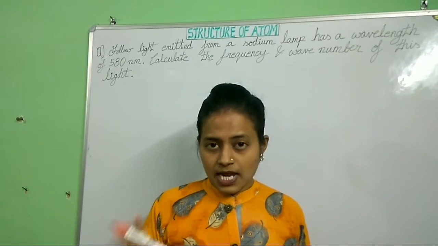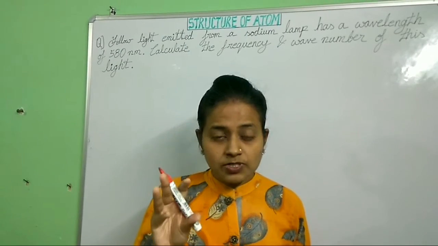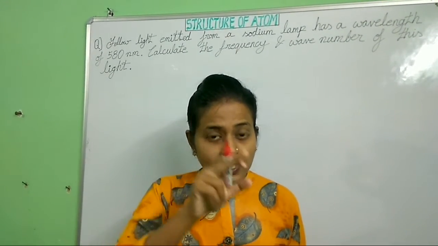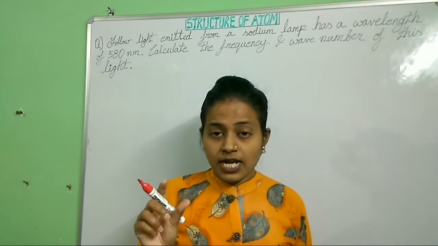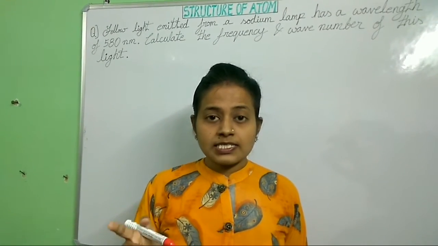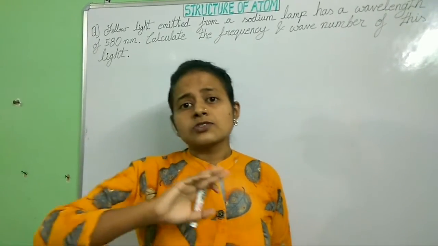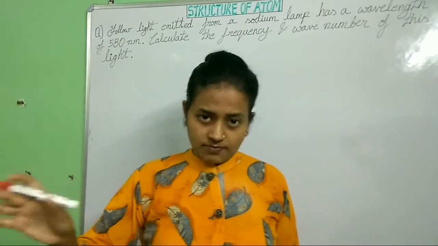Bohr's model states that an atom consists of a positively charged nucleus in the center, surrounded by electrons revolving around it in specific orbits having definite amount of energy and radius. Second, it says that the electron revolving in the orbit does not lose any kind of energy with time.